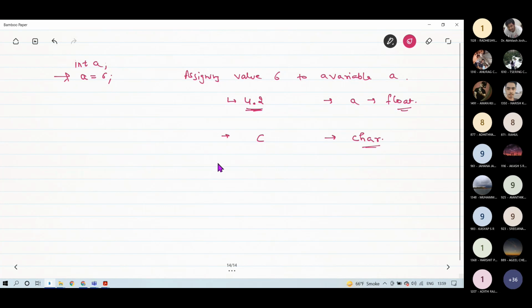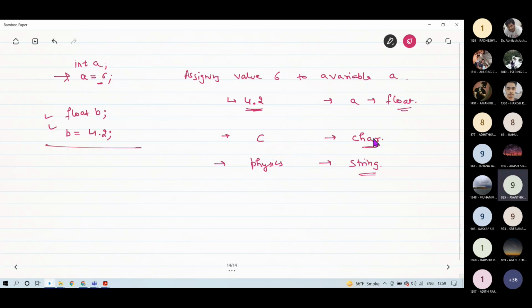But if I want to store multiple alphabets in a variable, for example, I want to store physics in a variable, then that variable has to be declared as string type. But you can see for integers and decimals, let's say I am defining a variable b as float, and I am assigning, then I can assign value as 4.2. That will be right.